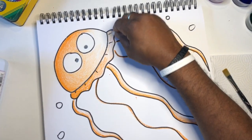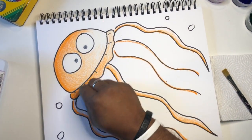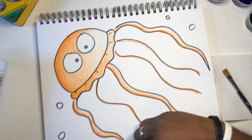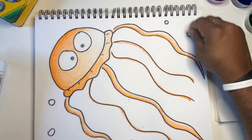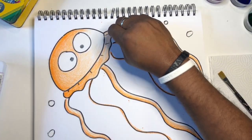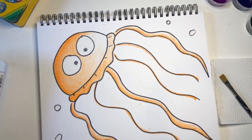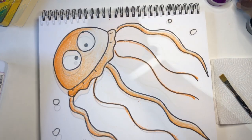As I was saying, I want to protect the paper with the white. The white is going to protect the paper from the watercolor paint. So we call that wax resist. The wax in the crayon is going to protect the paper from the watercolor. It's almost like a raincoat, right? You go outside when it's raining with the raincoat on and you don't get wet. That's exactly what's going to happen here. Okay, so after I put a few more squiggly lines in there just to add a little visual interest,